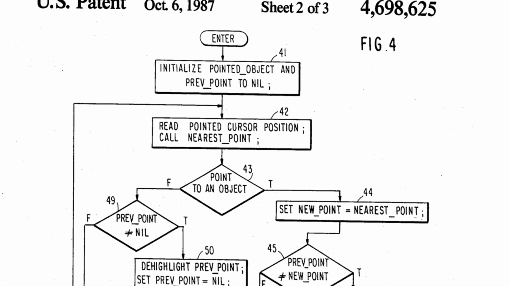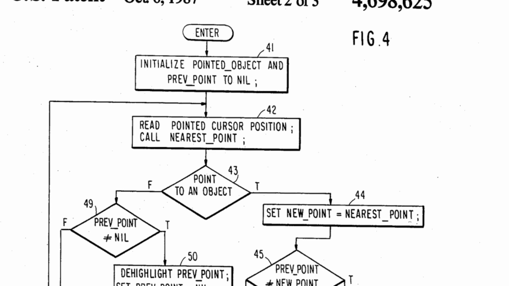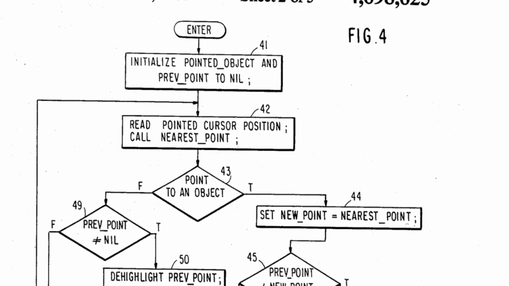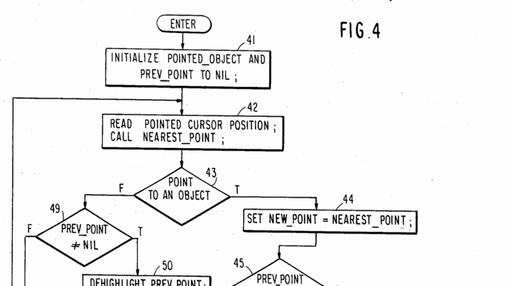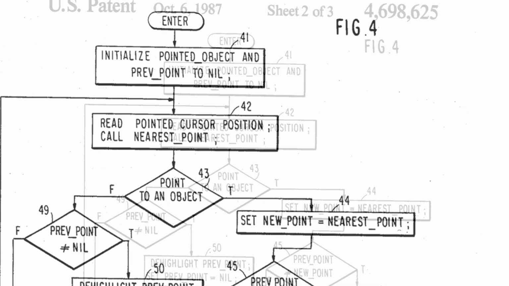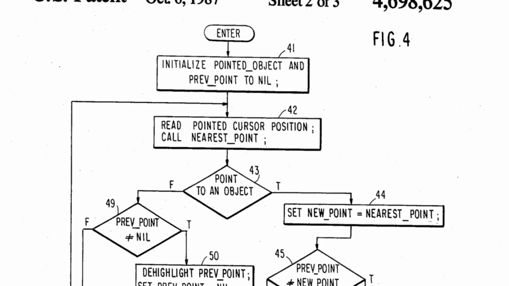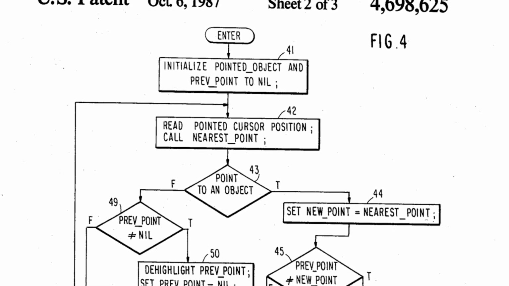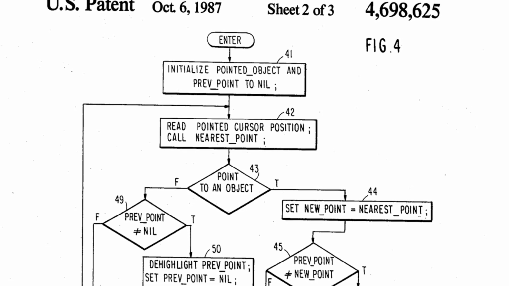The starting point for this flowchart assumes that the operator is currently editing a graphic space using a mouse to position a pointing cursor on the display. Control will stay in this flowchart until the operator leaves the graphic space. Block 41 initializes both the pointed object and previous point to nil. In block 42, the current position of the pointing cursor is read and the nearest point is computed by calling